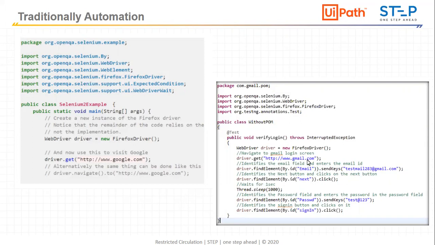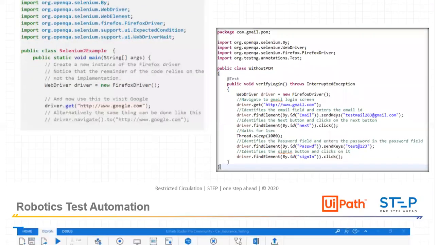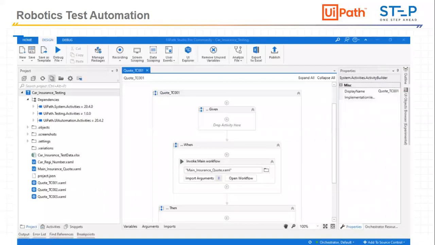If I'm going into robotic test automation, in that case I don't require any type of coding. You are seeing here the UiPath Test Suite related to test automation. Here you can see there is one pane, from where I can just drag and drop the objects. I can define anything here with this workflow.